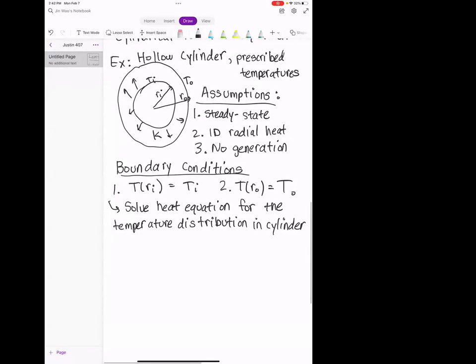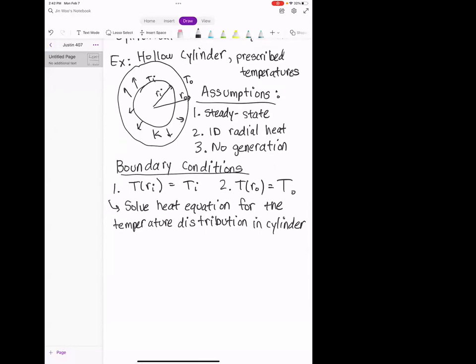All right. Any questions on the problem setup here? Yeah. So most of the time, assuming no generation is usually a pretty good assumption. It would have to be a special case where the material has some kind of chemical reaction going on, or the material itself is being heated by electric heaters all throughout. The problem will usually be pretty explicit if you cannot assume that. They'll explicitly say to assume that there's generation, and then they'll give you the term for that.